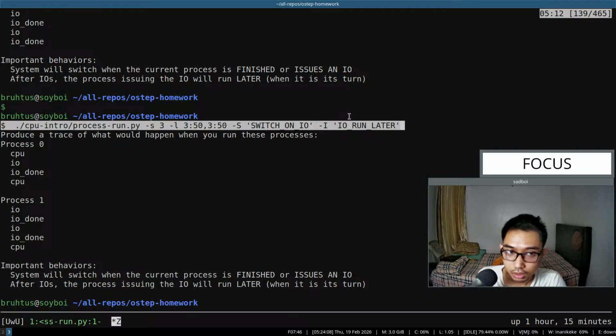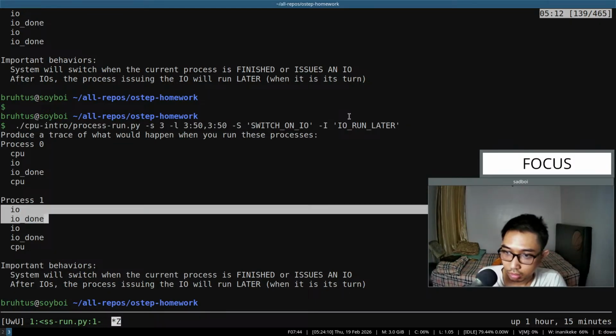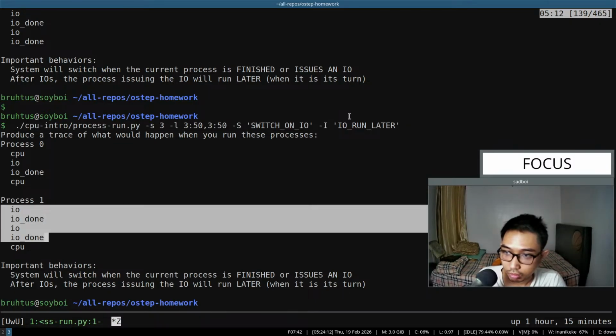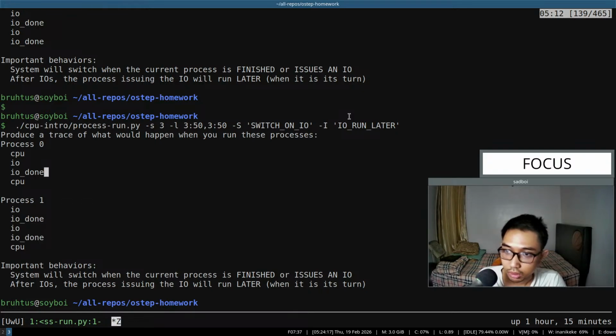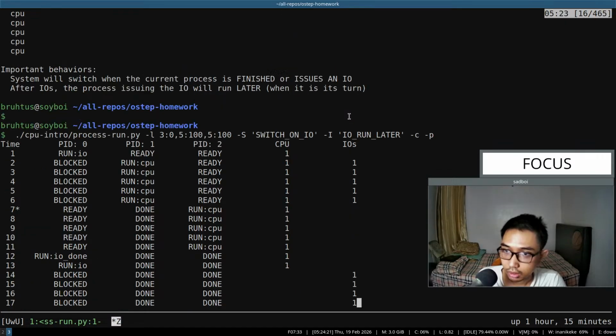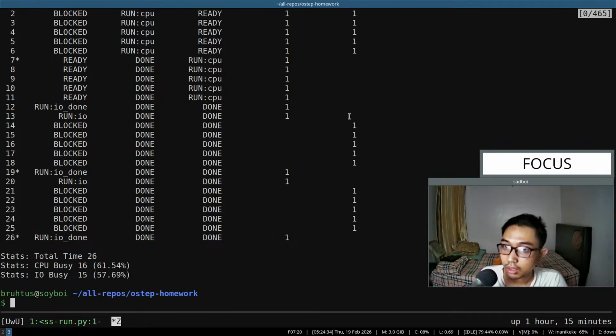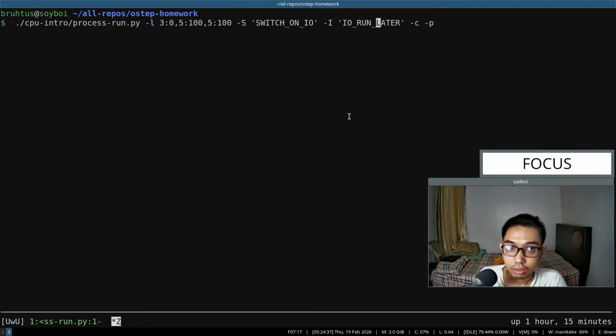If in this case this process is not input-output but a CPU process, we might not switch back to the input-output. Like this one, it becomes ready instead of input-output done. Okay. So yeah, to make it